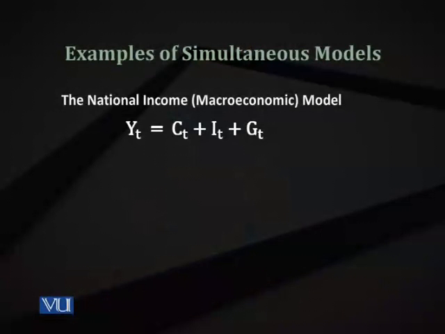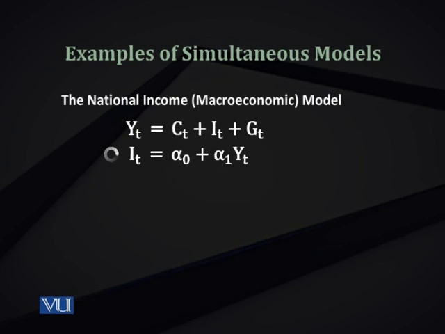Let's confine ourselves to a simple model, a three-sector model where national income, or you can call it GDP, is equal to C plus I plus G, where C is consumption expenditure, I is the investment expenditure, and G symbolizes the government expenditure. So as you see on the screen, we have Y_t equals C_t plus I_t plus G_t, where t is a subscript showing the time dimension. So GDP of a time period is the sum of consumption, investment expenditure and government expenditure of the same time period, where investment is also dependent on income.